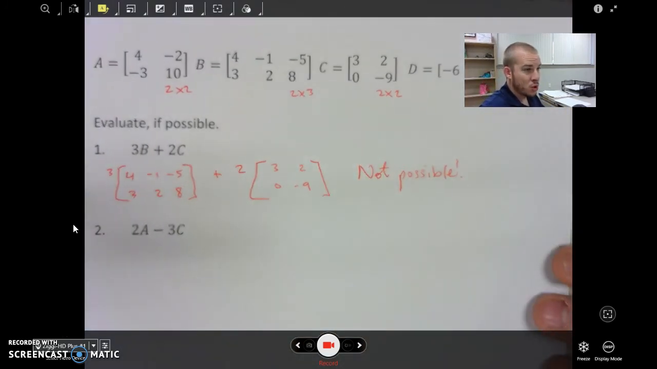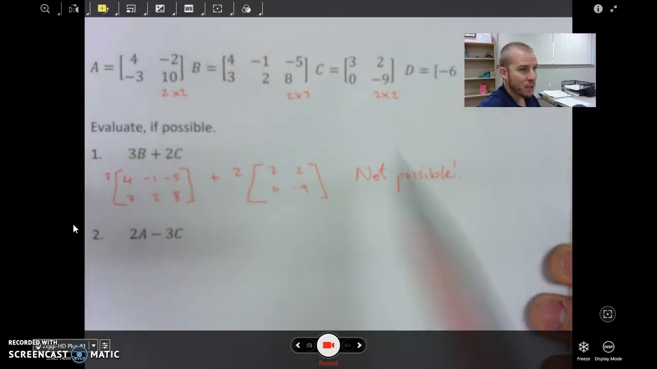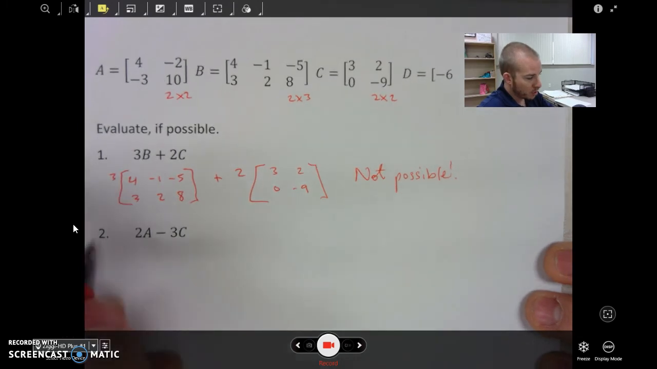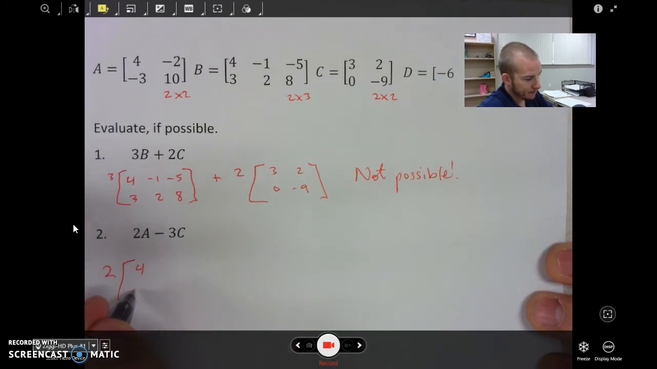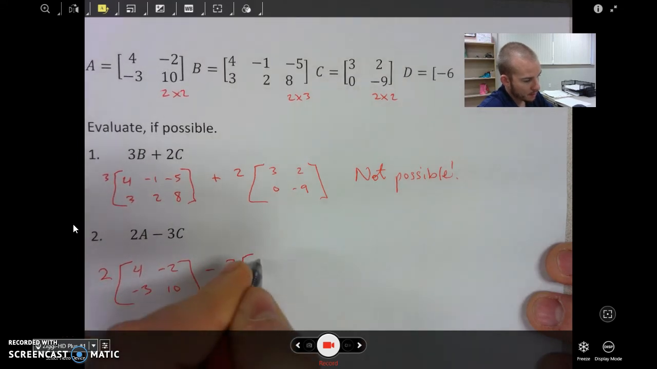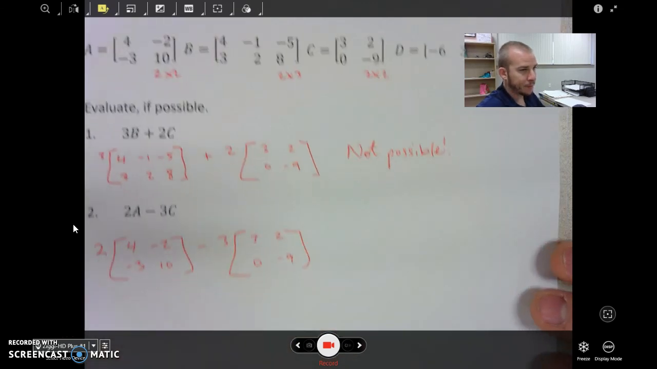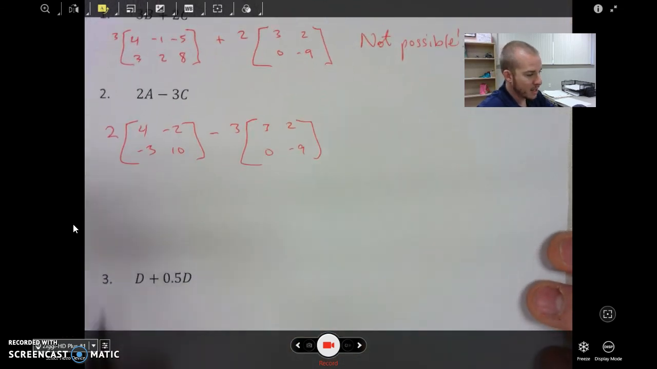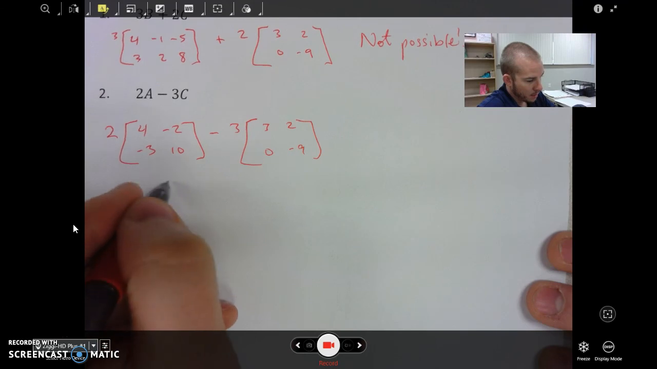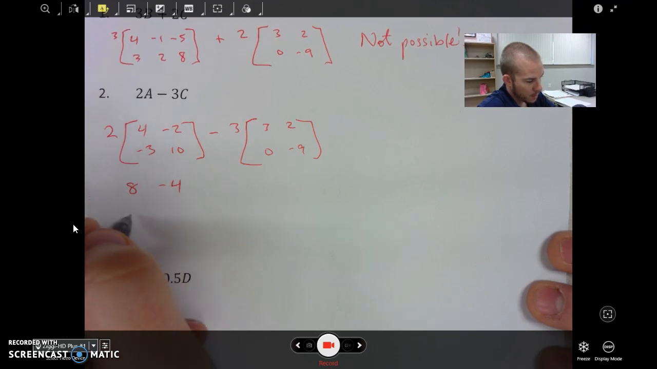Now the next one, 2a minus 3c, well, a and c are both 2 by 2 matrices, so that's good. So we can do 2 times a minus 3 times c. Well, 2 times a is going to become 8, negative 4, negative 6,